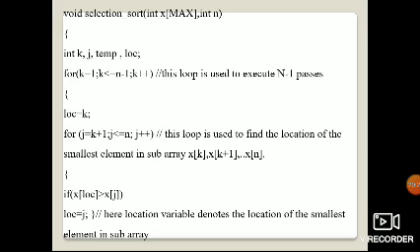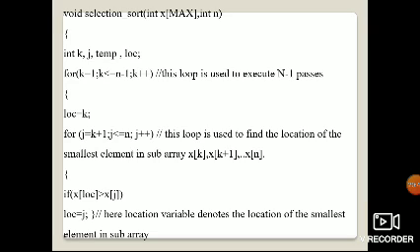For j is equal to k plus 1, the k value is 2, 2 plus 1 is 3, so j becomes 3. 3 is less than or equal to 8. So the condition is true, and again it will come into the loop.